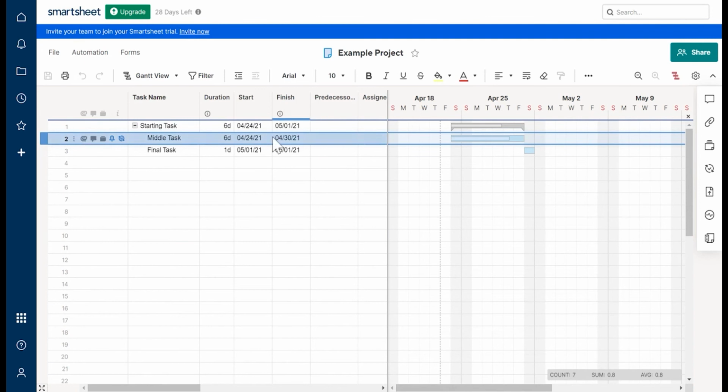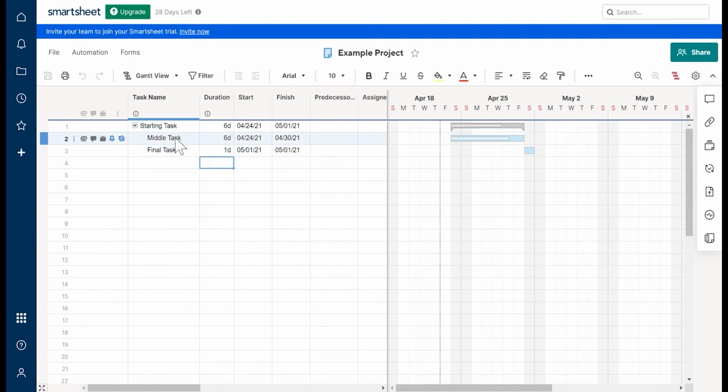So let's go to changing the view. So let's just recap everything. So we have our starting task, middle task, and final task. Let's not make it a subcategory anymore, so it's its own thing. That's weird, that just changed dates, but that can be easily fixed. Let's just change that